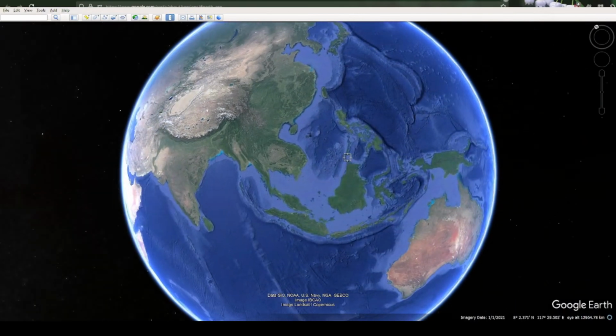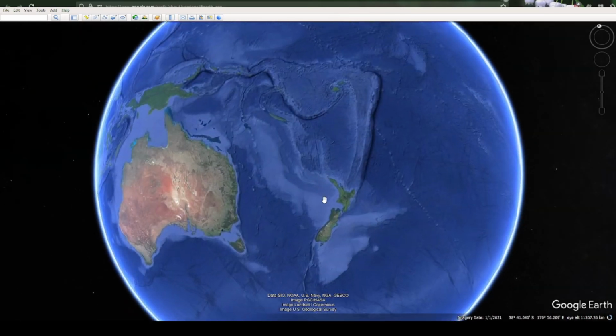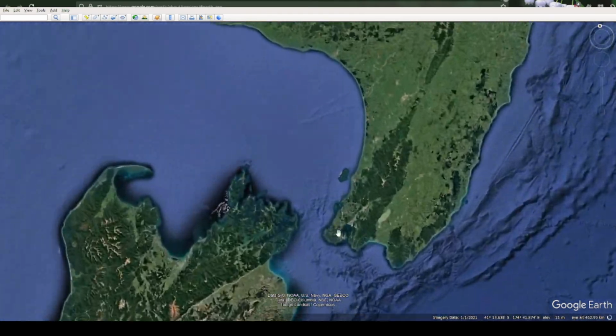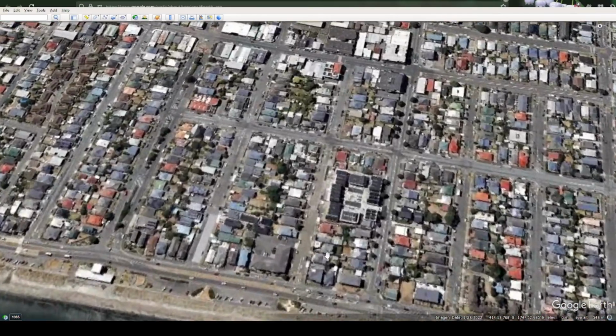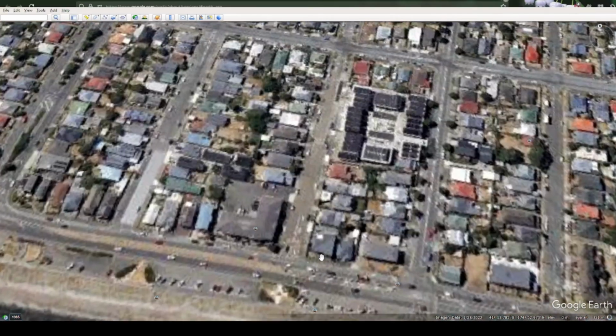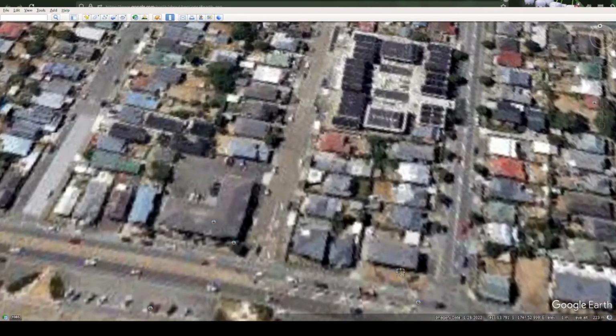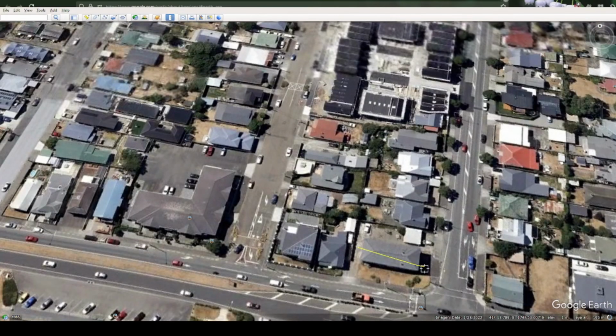For example, let's measure big islands in kilometers. It's 1.4 thousand kilometers. Or you can use it for specific areas. For example, you want to buy a house or something like that. Let's go to somewhere in Petone. Overpriced tiny houses. And you go to the measurements, and you can, oh come on, how big is this house? And you measure it without the garden or with the garden. I did a little bit wrong like that. And it tells you in meters or in centimeters. So it's quite amazing. You can do this kind of stuff for polygon and